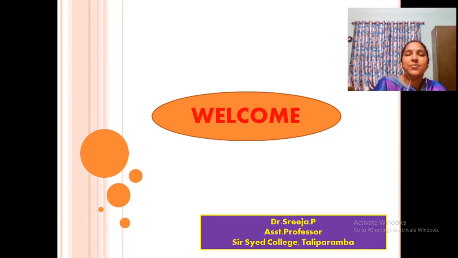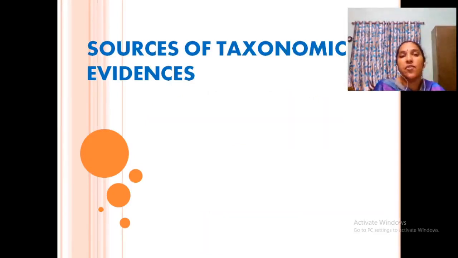Good morning, children. We have now reached the next module, which is about taxonomic evidences. What are the sources of evidence for studying taxonomy? What are the various branches of botany that you will depend on in order to study taxonomy? I think most of the topics we are discussing today are familiar to you. Still, we need them again for our examinations.